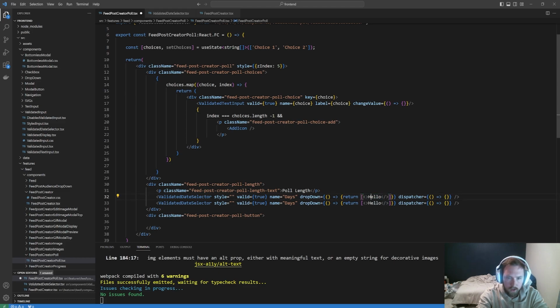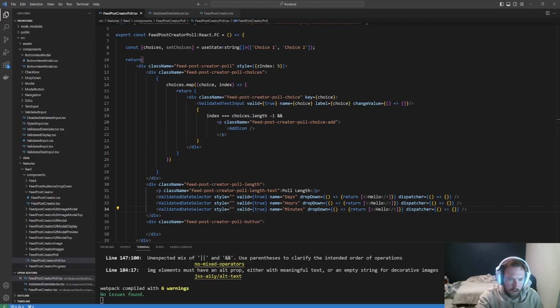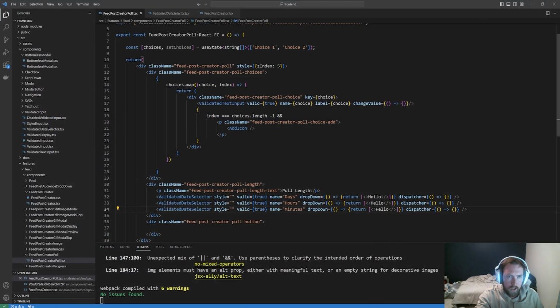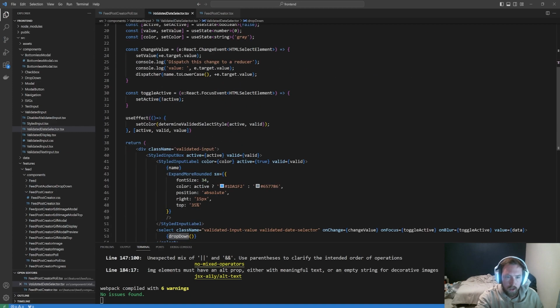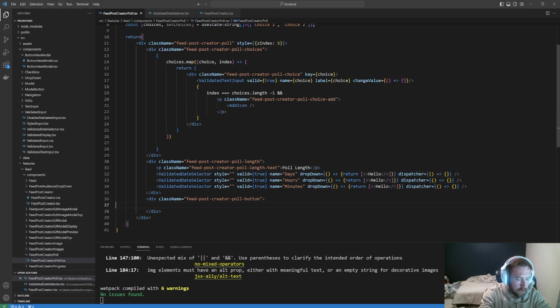And I'm not going to deal with all that, but we have days, hours, and then minutes. I need to look into what the style does again. Okay, so that does something. I'll look into style later. Style isn't used. Declared but never read. So I guess we're just gonna ignore that. So yeah, I'm guessing this array is probably no bueno. You can go up to 7 days, 23 hours, 59 minutes, and then finally the last part will just say